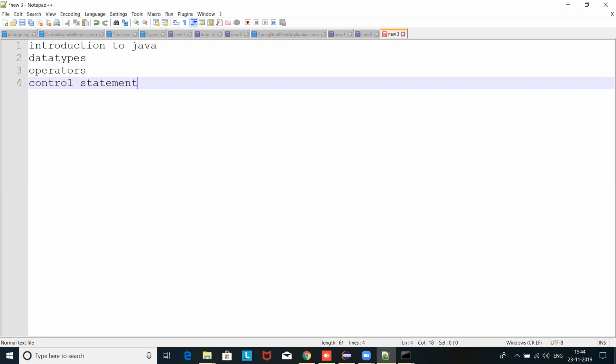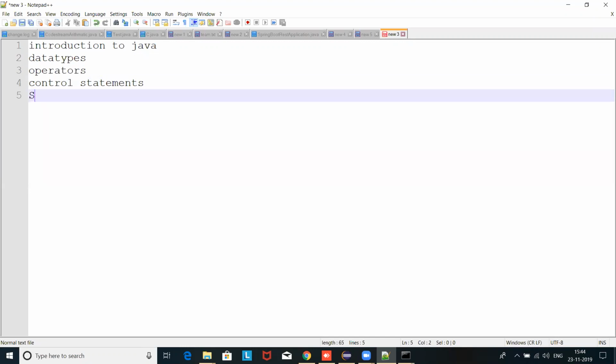Sir, we are missing String. Strings, arrays. Did I talk about the String class? No, sir. I just told you that if you want to hold a group of characters, you can use the String data type. That's fine, but I have not completely discussed the String class, right? What are the different purposes of that String class? Next,